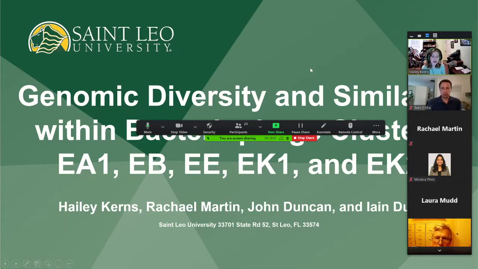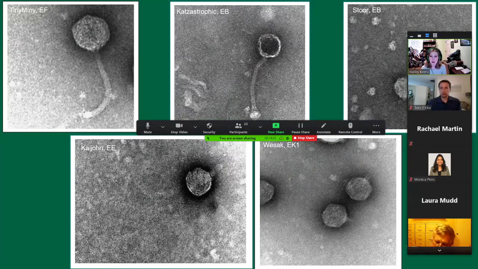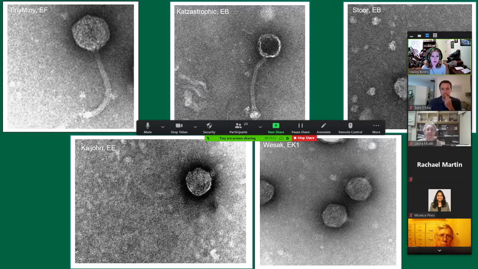Hello, my name is Haley Kearns, and today I'll be presenting on the genomic diversity and similarity within E-type cluster bacteriophage. On the screen are some of the bacteriophage from St. Leo University that have been isolated and annotated after sequencing. And throughout this presentation, our viruses will be compared against other bacteriophages from other schools for comprehensional